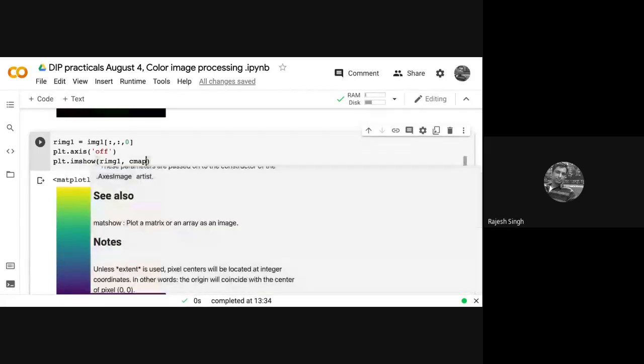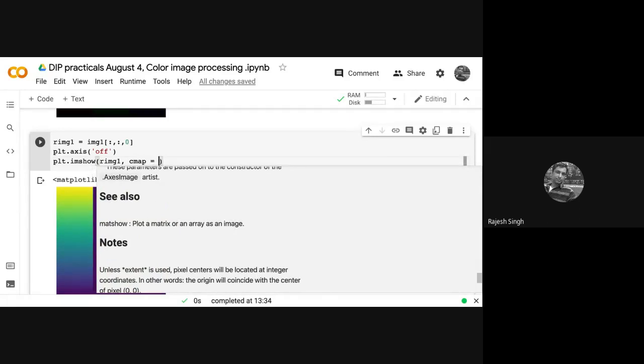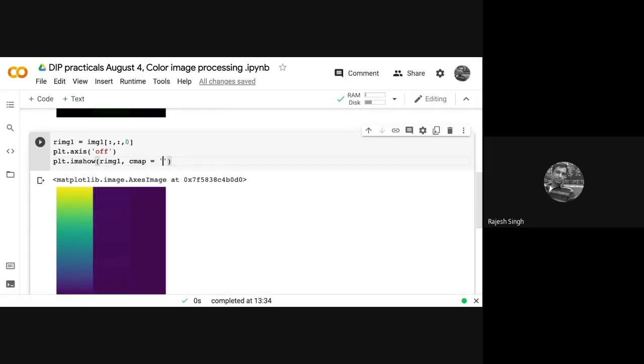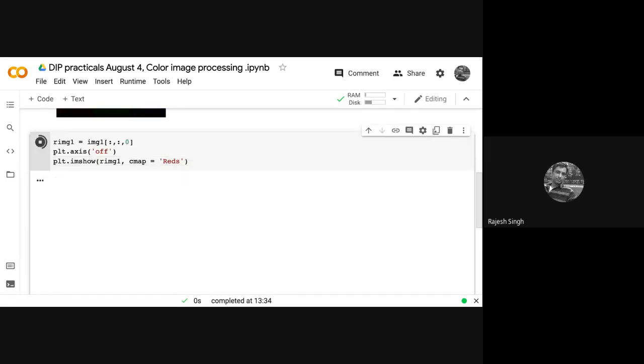The color map that we can assign is in quotes, Reds, I guess, if I'm not wrong. You don't write red, you write Reds with R capital and plural. So now if you play this, you will get the red component very suitably.